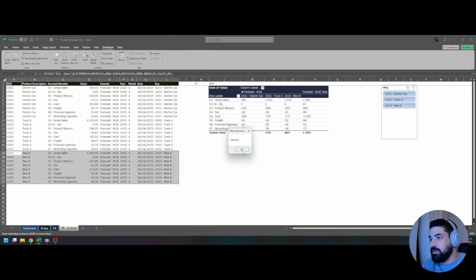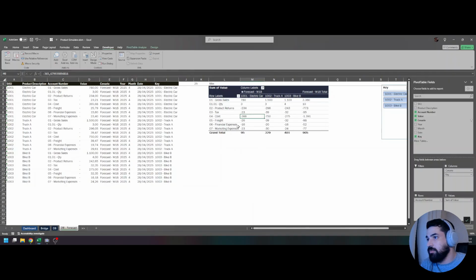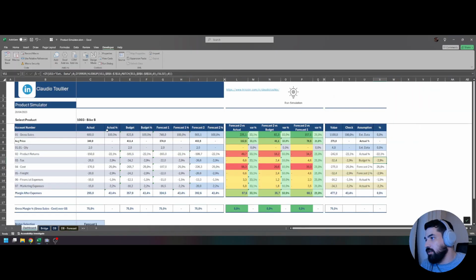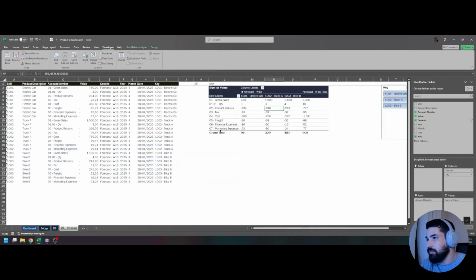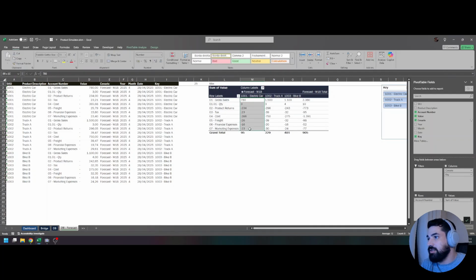As you can see, the process was very fast, and I got this message box saying that the process is updated. So here on the right side I have a pivot table to check all the numbers. So let's take a look. Go back to electric car. Electric cars sales was 780. As you can see, here are our figures,